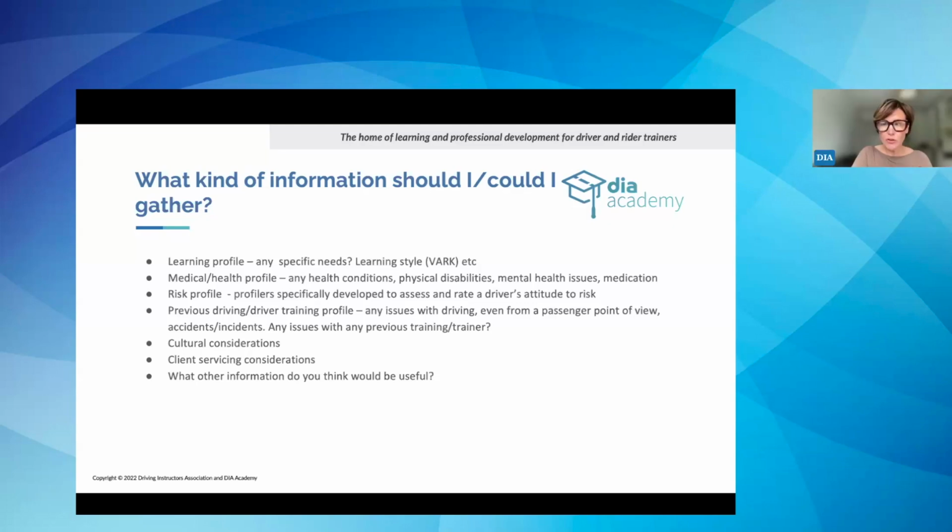And you're trying to understand what that experience was, to understand where you go with them in their learning journey and what their attitude may be to you in case they had a bad experience with another trainer. There are cultural considerations that we can try and weed out in a risk profiler that we'll go into in a little more detail in a moment, and religious considerations about time of day, attitude to learning, whether they want a male or female trainer, all those kinds of things.